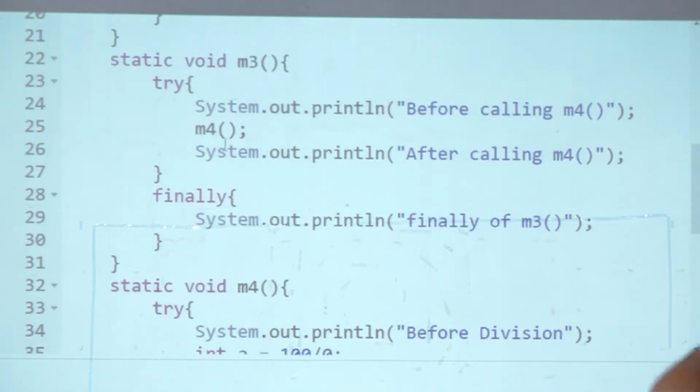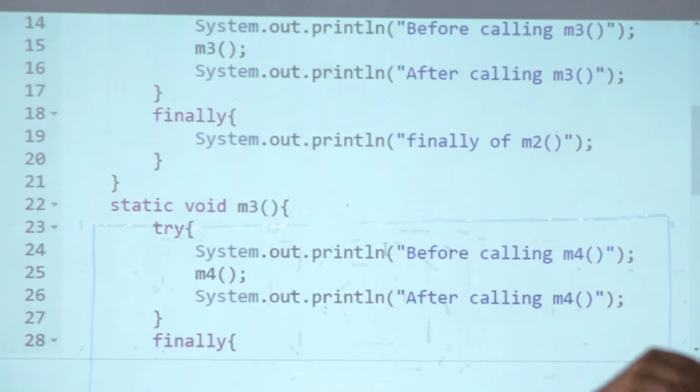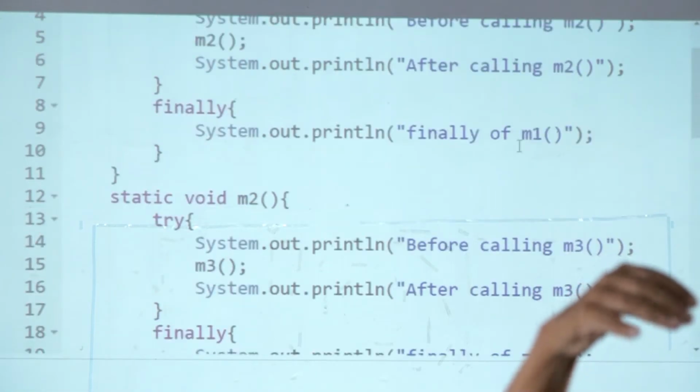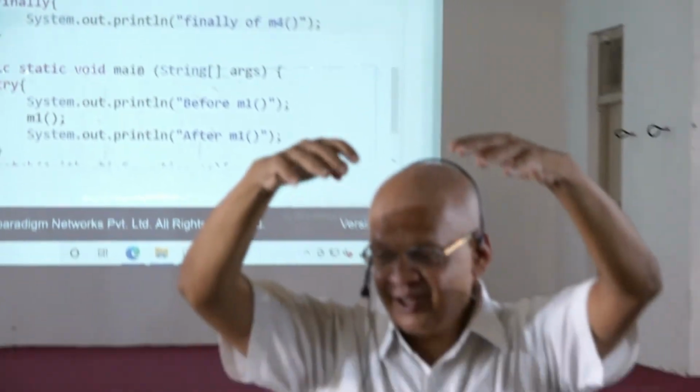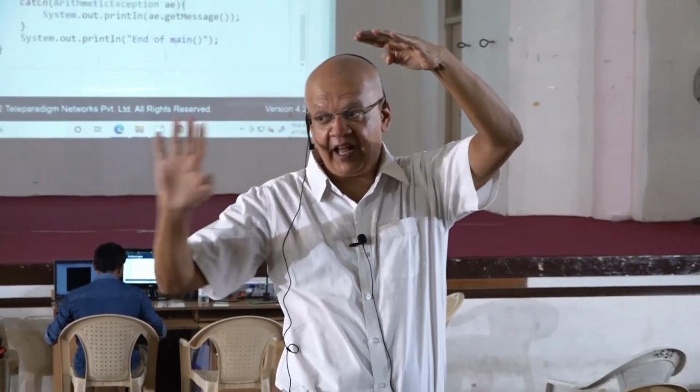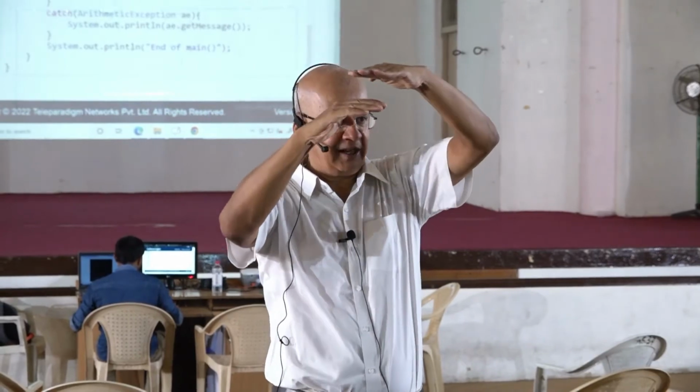M3, we are not able to handle the exception, but the finally cannot be escaped. So finally of M3, then finally of M2, finally of M1, and then the exception gets handled. So I have so far 9 outputs, then exception gets handled.